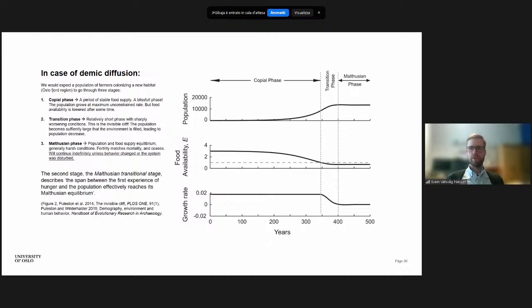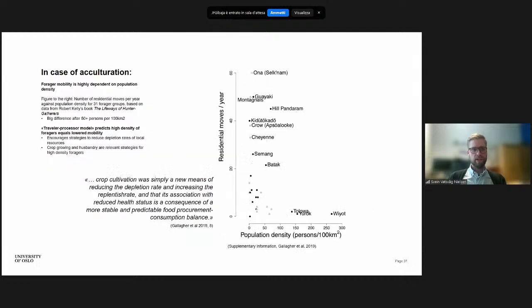And most importantly, this stage will continue unless behavior is changed or the system was disturbed in some other way. So this could be an explanation for what we see in the population development. But in case of acculturation, which there is some evidence of in terms of how the sites are located close to